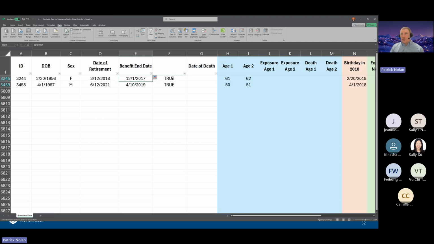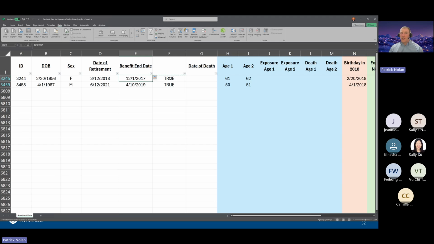Another possibility is you could decide that this is just bad data and that this person should be thrown away. It's unlikely, by the way, that this person would be present on any sort of annuity register if they weren't actively receiving a payment. It's pretty easy to tell who's still collecting a benefit if you're an administrator of any sort of annuity. So I would lean more towards thinking, and this is not the correct answer, by the way,